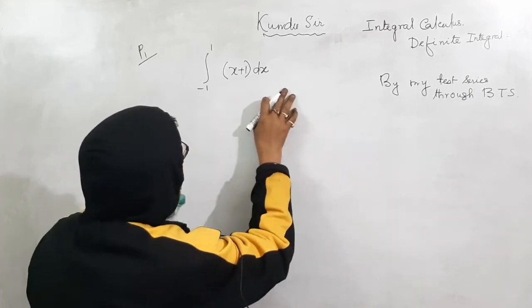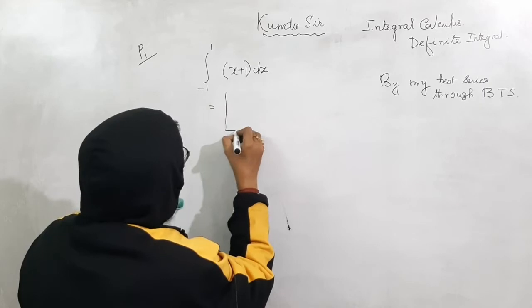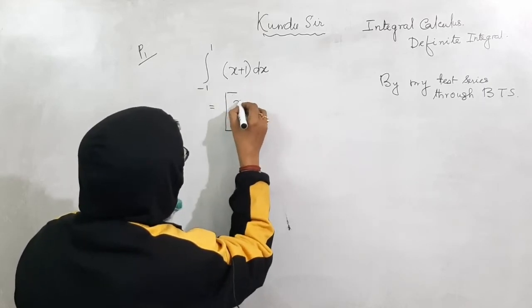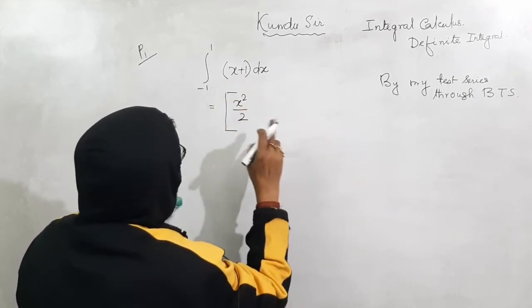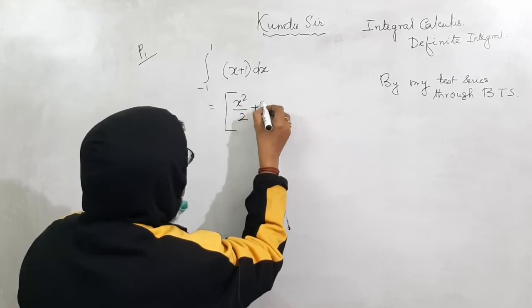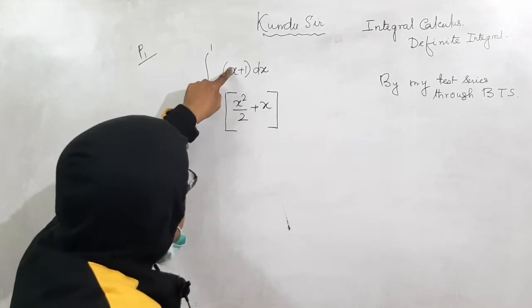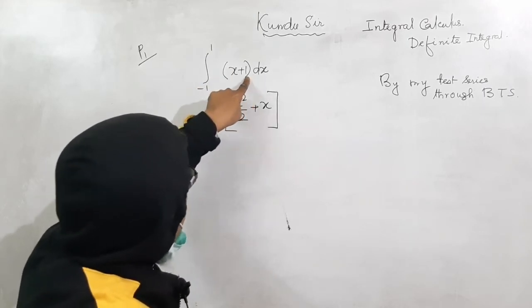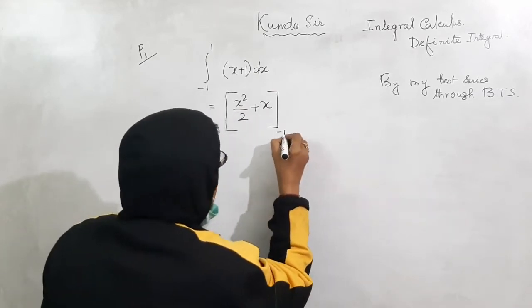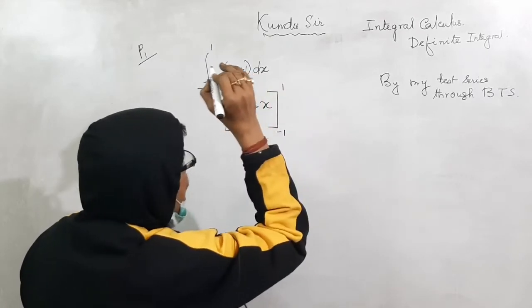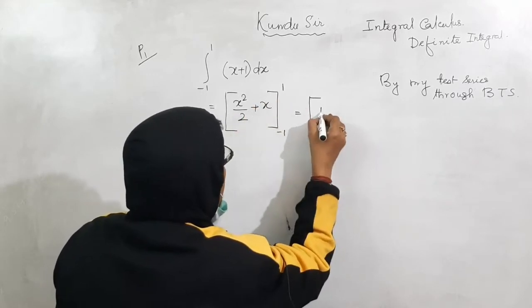So now integration of this and this. Integration of x equals x square by 2, and integration of 1 equals x, with lower limit to upper limit. So we put the value for the upper limit: 1 by 2 plus 1,